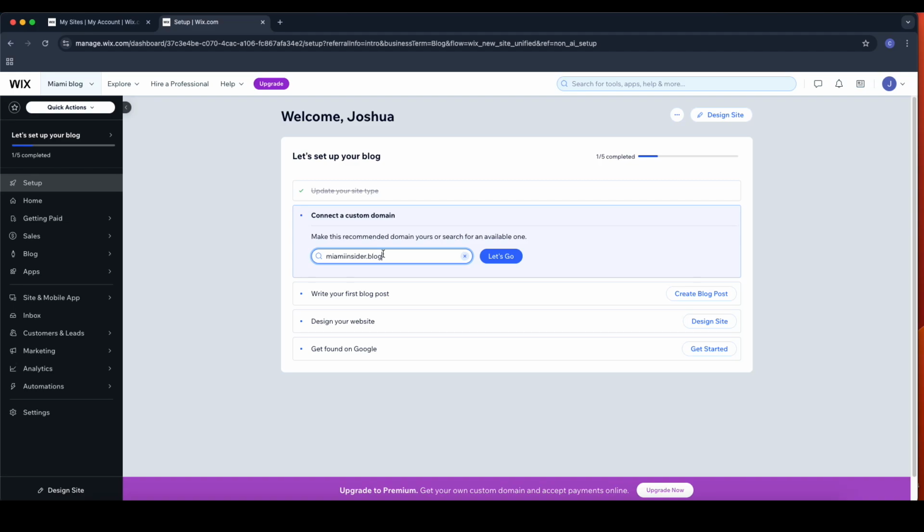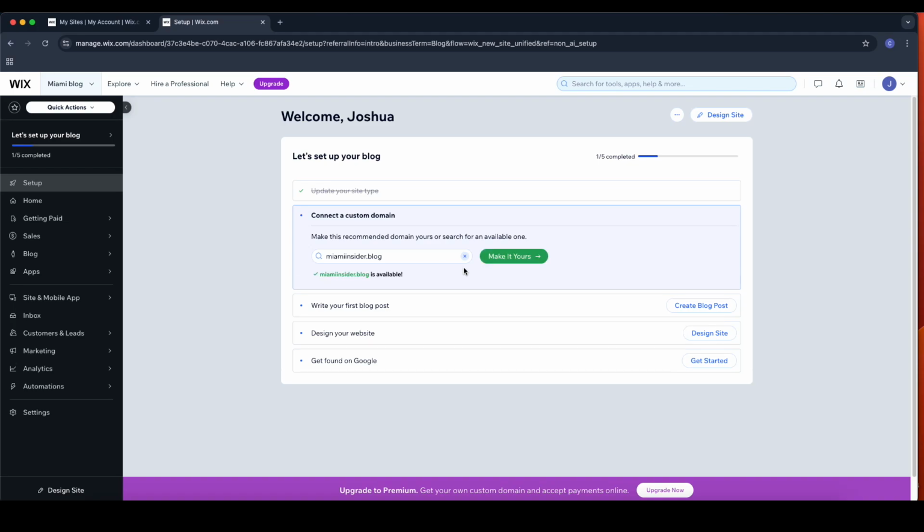So as you can see, we have an option here, miamiinsider.blog. I'm just going to keep this one and click on let's go here. So this is essentially the domain that we can use since it's available. I'm just going to click on that. I'm going to come back to this later and show you how that works, but let's move on